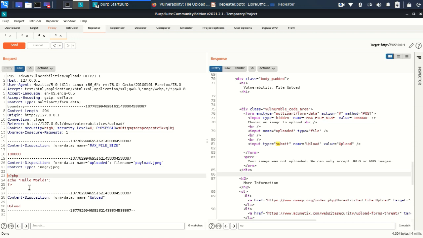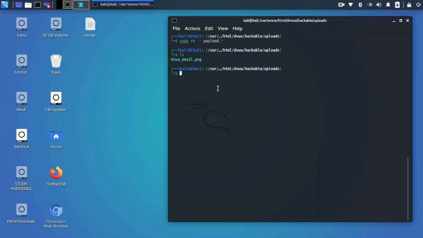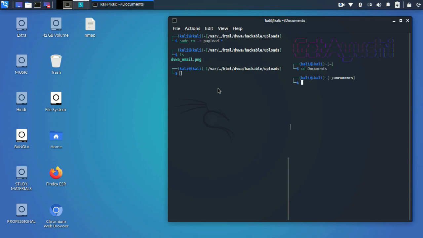Let's go to the actual file. I think it is in the documents folder, PHP. Okay, now I'll add one code to this PHP file.